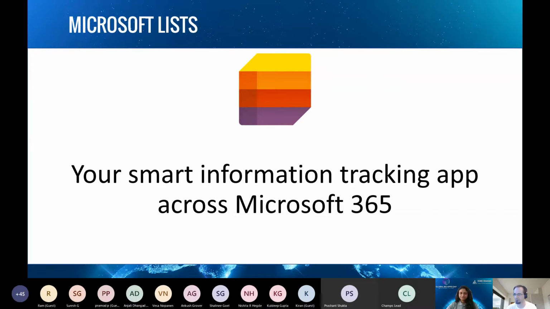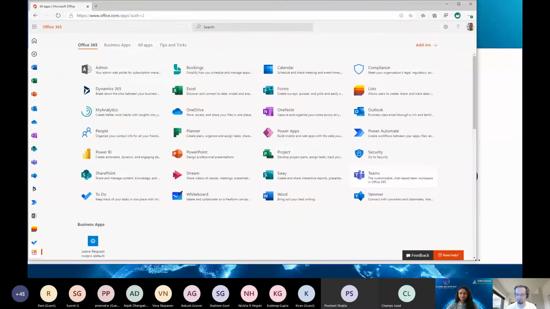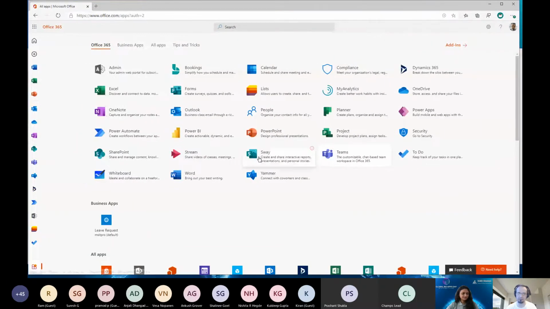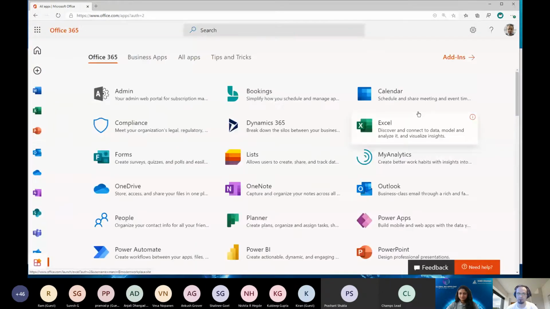Let's switch to Office, because it's the crux of today's session. If we go to the office.com portal, I will make it a little bigger. You can find the Lists application on the main page.